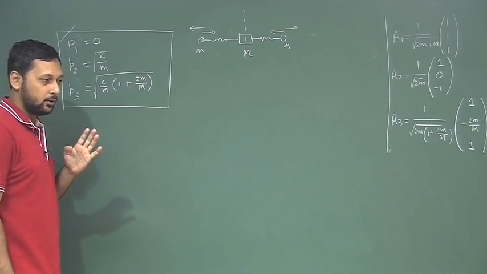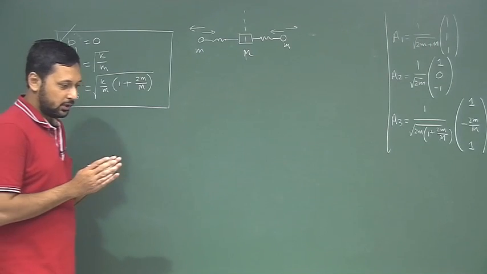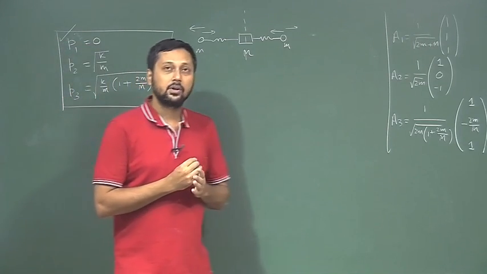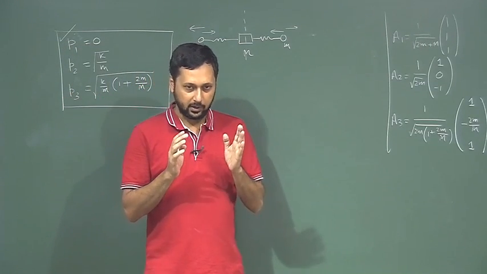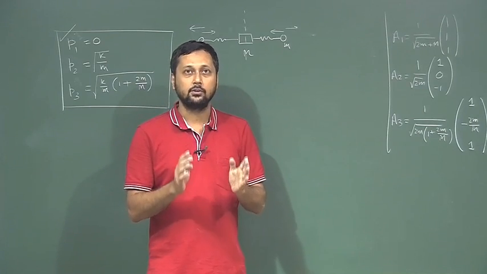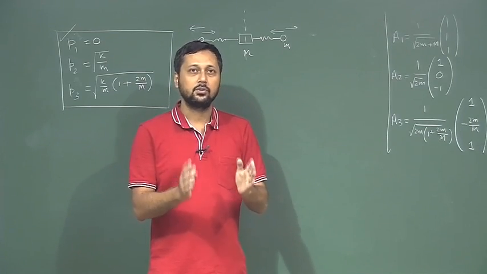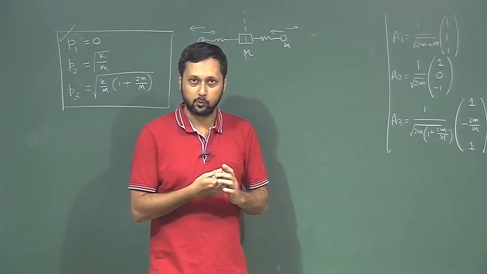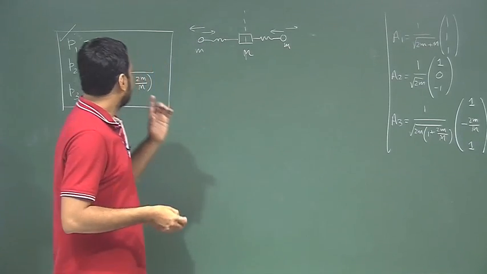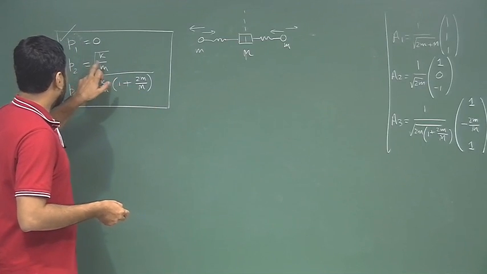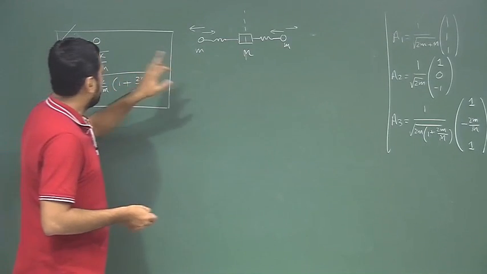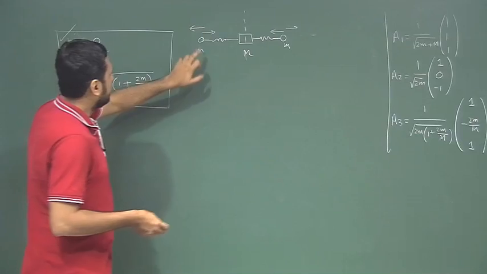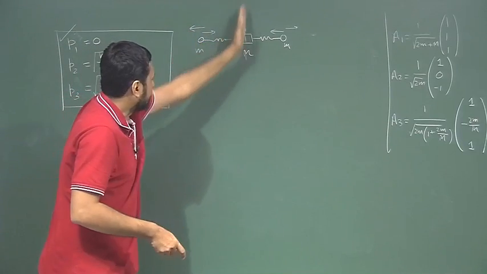Because this central atom is not moving in this particular frequency mode, so this is the definition of normal mode. Normal mode is a very particular motion in which the system oscillates with one single frequency. There is no multiple frequencies in normal mode. So, when the system oscillates with only this particular frequency, then we have this one stationary,